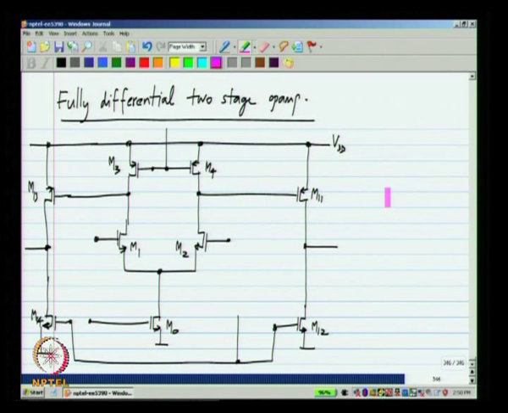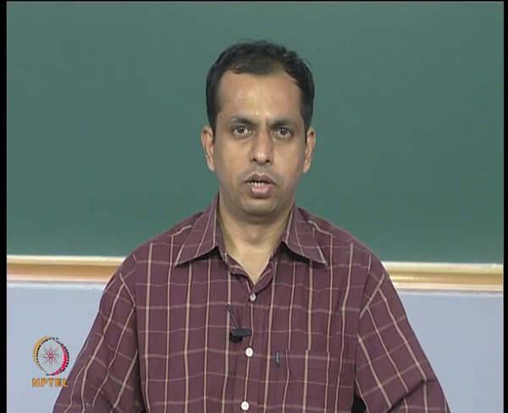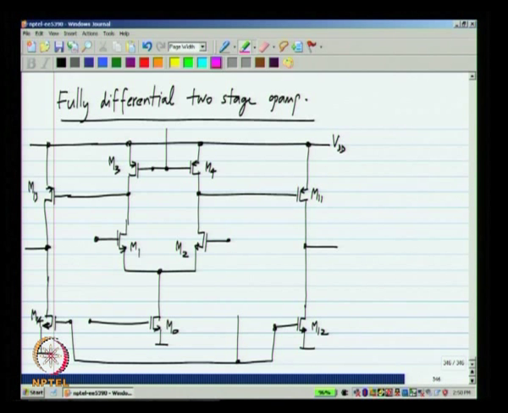and this is done using common mode feedback. So, what I have here is a fully differential two stage op amp, but showing only the differential signal path components. Okay. I have not added the common mode feedback circuitry. Now, we need common mode feedback to the first stage and the second stage, right. In both stages, the current from the top and the current from the bottom has to be exactly equal to each other. Okay. So, we will see how to do the common mode feedback for this particular op amp.